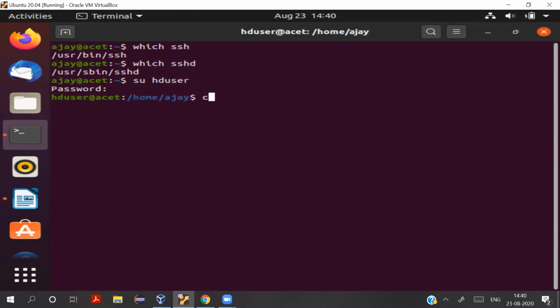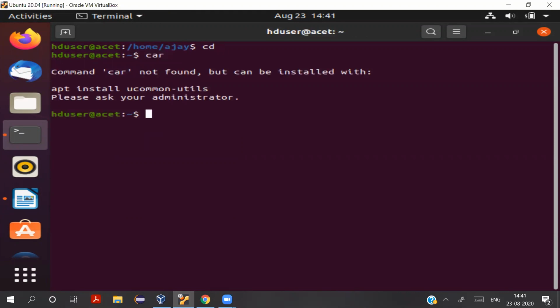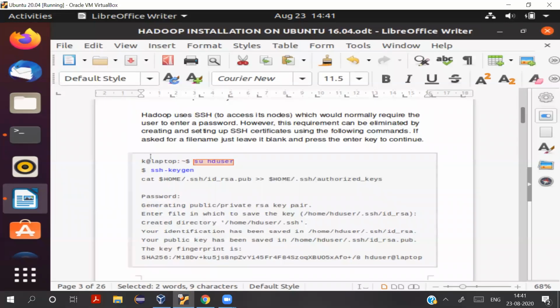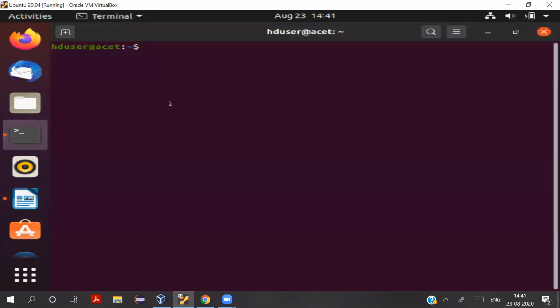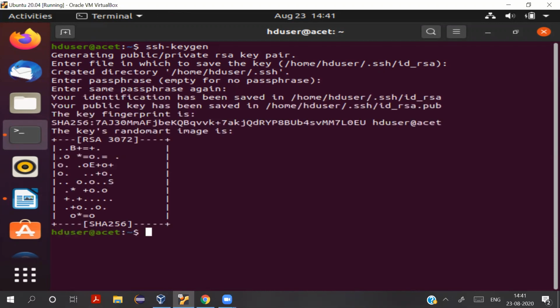And then we will write this command. We'll generate a key and add it to the list of authorized keys. So first we will generate a secure key. So this key has been generated.